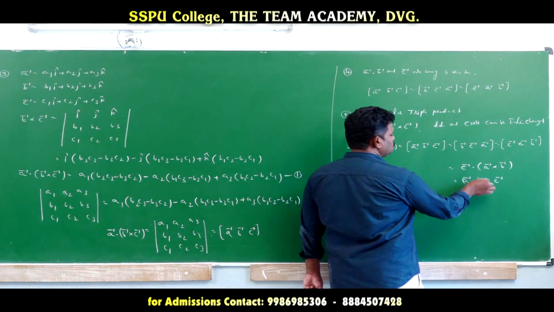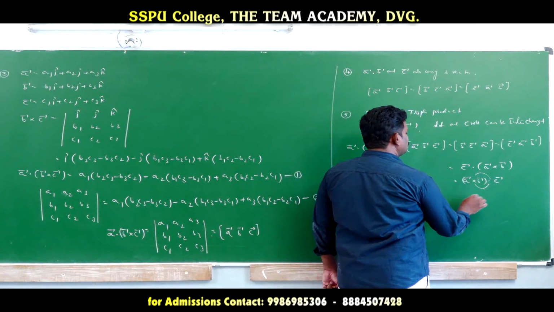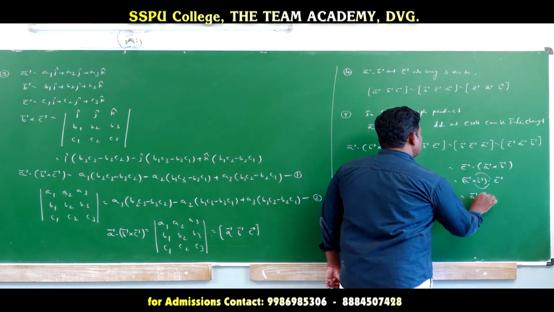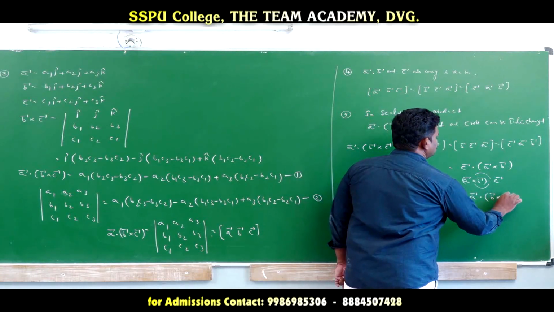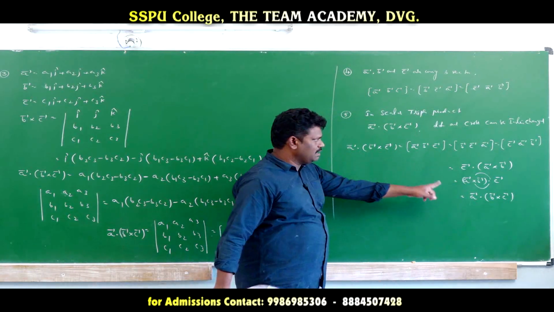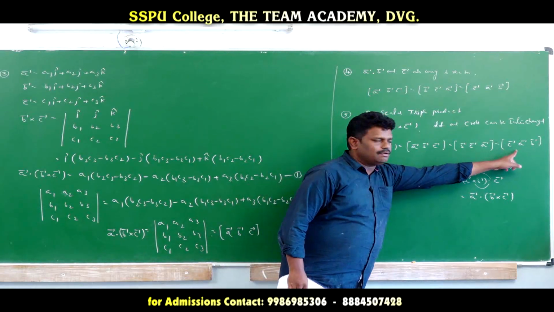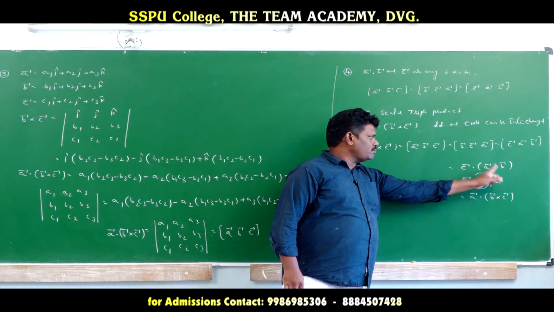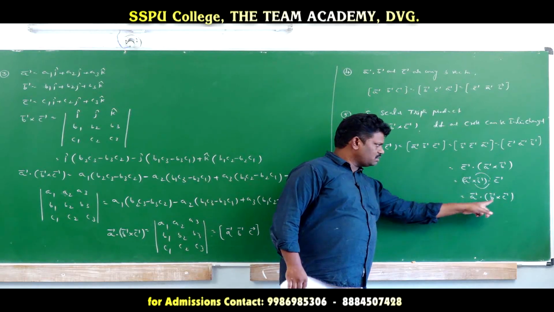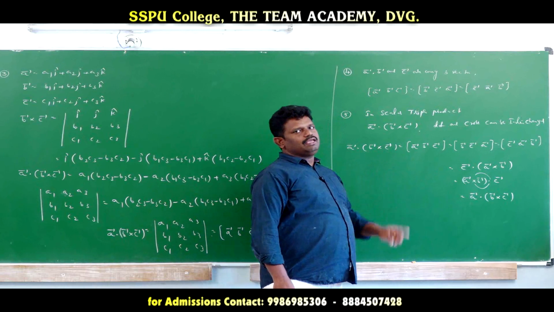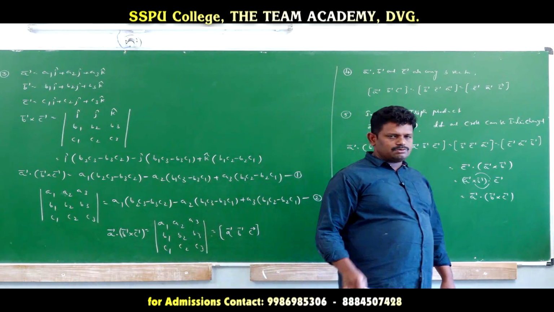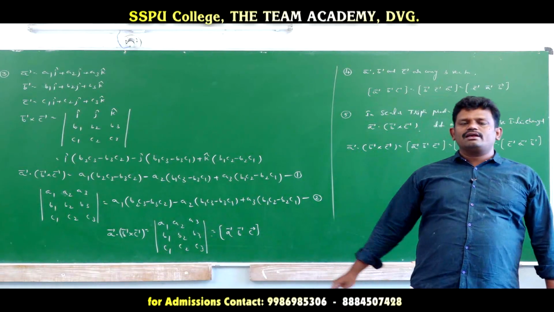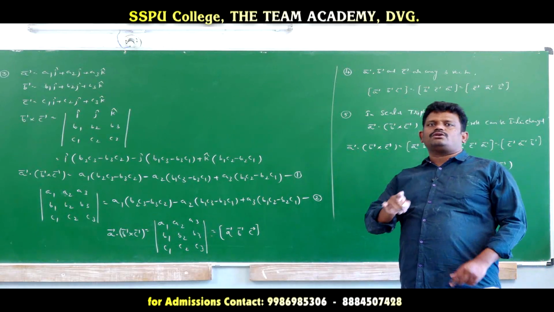Now if you interchange these two products, dot and cross, what we get here is a bar dot b bar cross c bar. Again we get the same value. If you take this last one and run this product, which means the scalar triple product form, and then interchange dot and cross, again you get these values, so both are equal. So the point we remember is that in scalar triple product, dot and cross product are interchangeable.